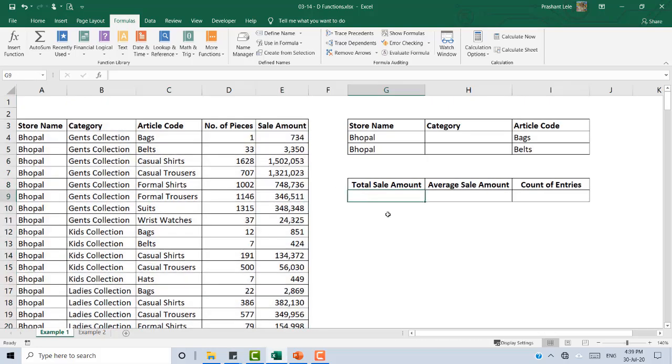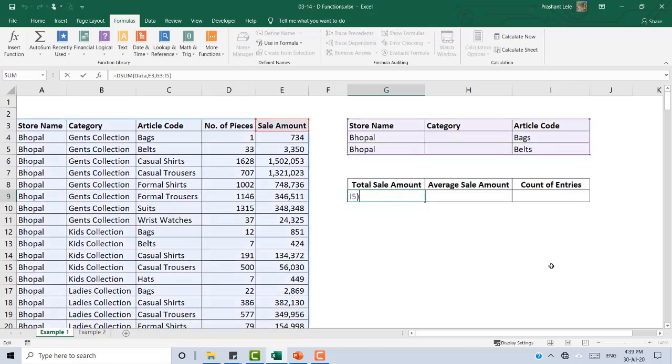So if now I use the DSUM function, in place of database I can just type data, which is this range, then my field is my sale amount, okay, and then my criteria is this. Here I can write category also, okay, and enter.